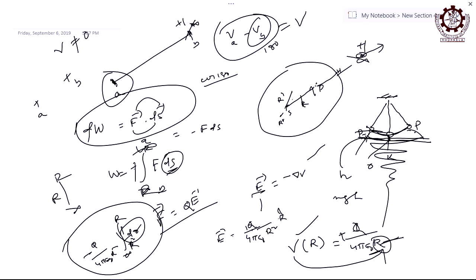Equipotential surface, when the potential remains constant, not 0. Equipotential, yes, everywhere it is the same. If you go from one point to another point on an equipotential surface, obviously the difference is 0, because the potential is all equal. Suppose this is an equipotential surface, if you go from here to another point, what is the difference? 0. It is only for an equipotential surface. I am not telling it for an equipotential surface, it is general. If there is an equipotential surface, it is valid, otherwise not. You cannot tell it generally, you have to tell if it is an equipotential surface, but I am telling general,